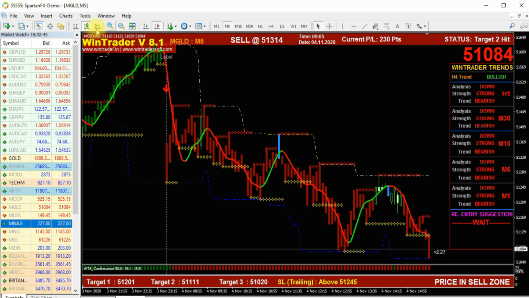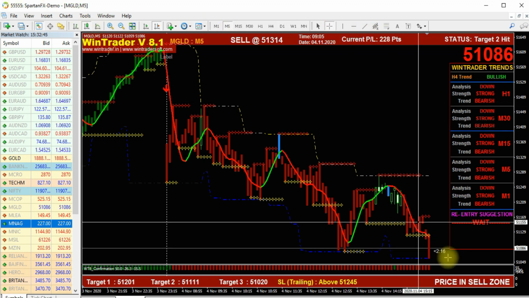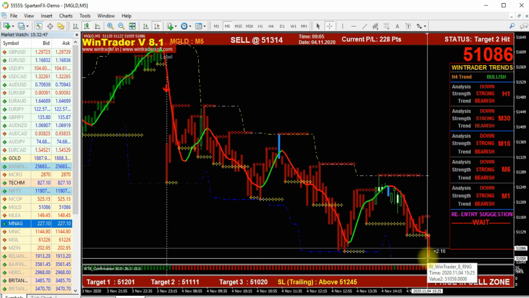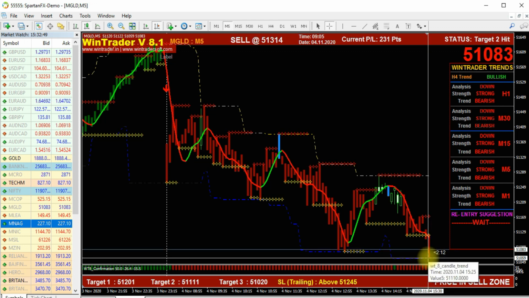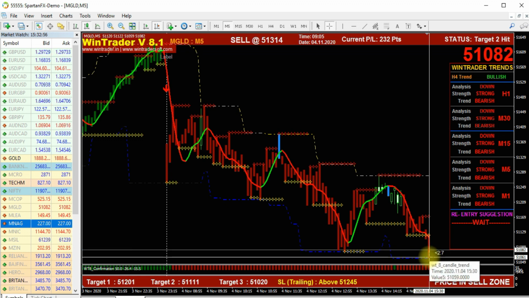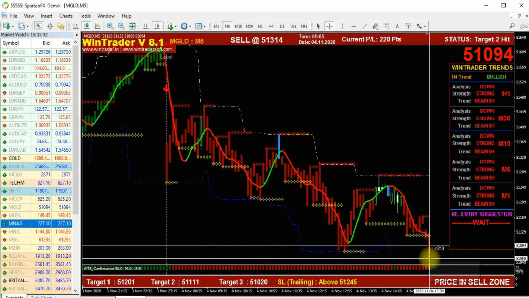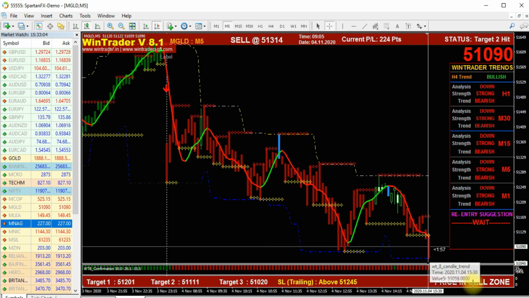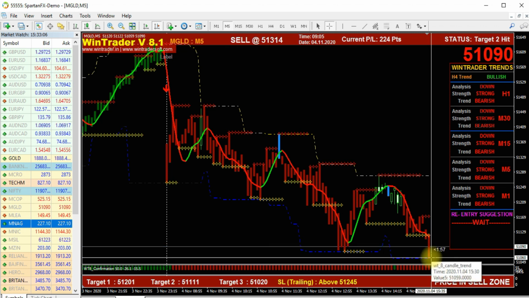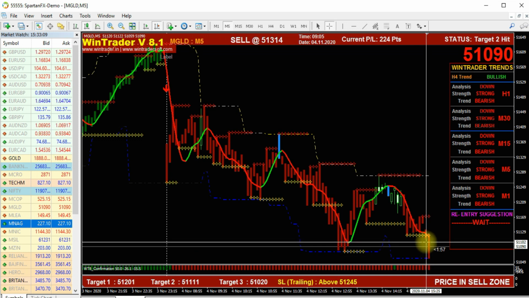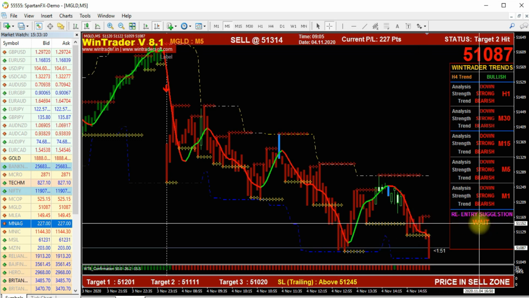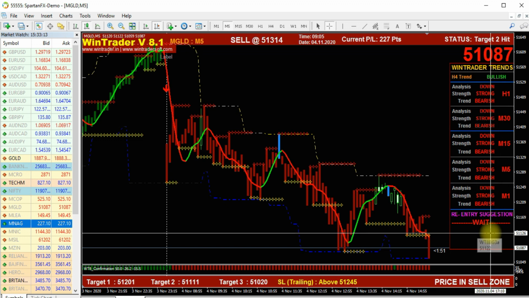Right now the low has just changed. The low is now 51059. We already got a good profit from there. If you continue the trade and haven't exited with any stop loss or target, you can continue, and it went down up to 51058. We already got a great profit. Maybe you exit, otherwise you will get a re-entry suggestion here. You can enter a new trade with a new target displayed here.